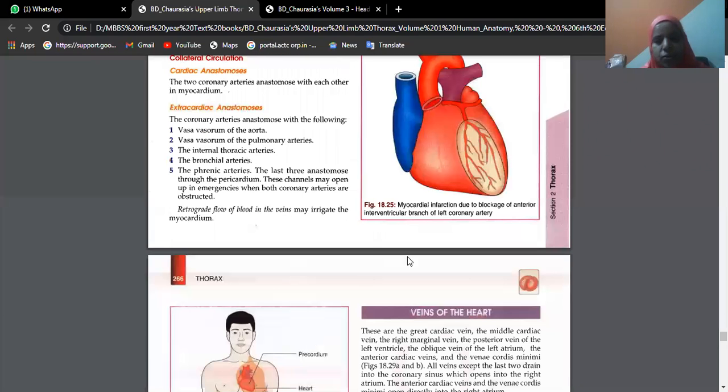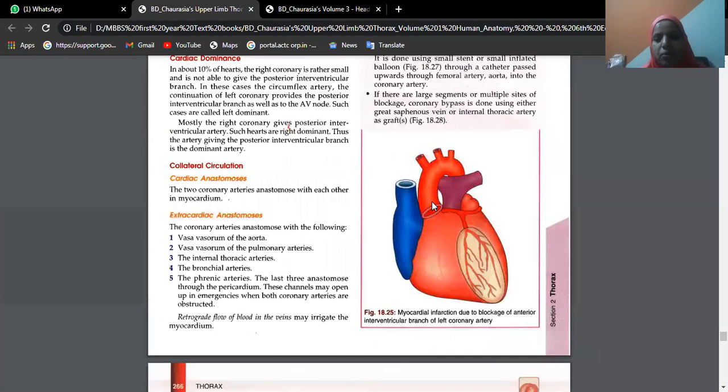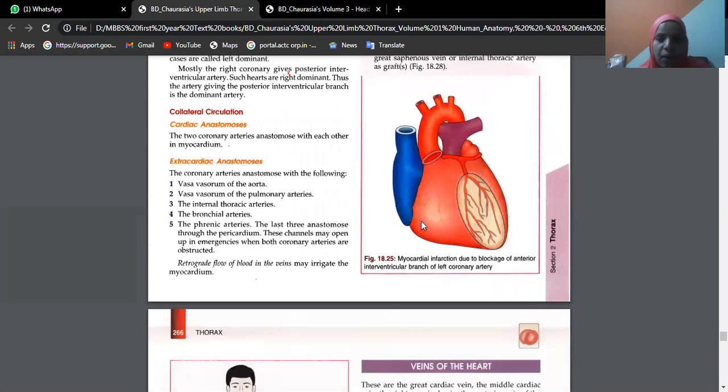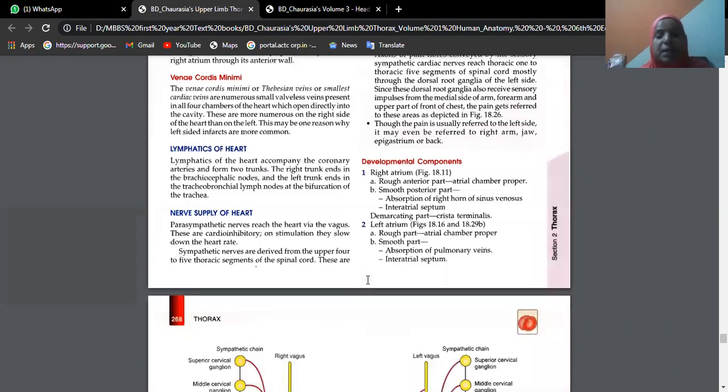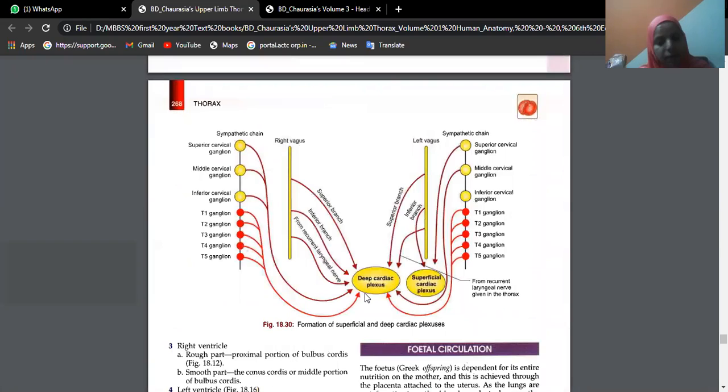No worries, but actually at this point you will see all yellow colored lines. If you can recollect from my PowerPoint, which I have used previously while discussing thorax, if you can check with that. So that means it is a network of nerves which is forming two plexuses, like superficial cardiac plexus and deep cardiac plexus, which is supplying the heart.